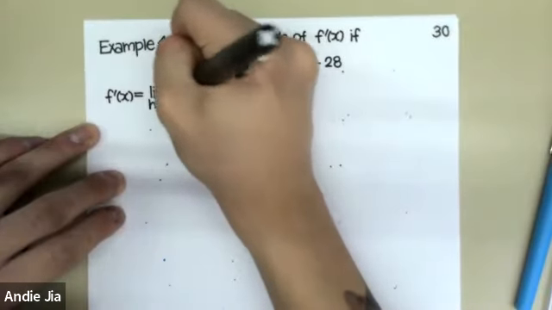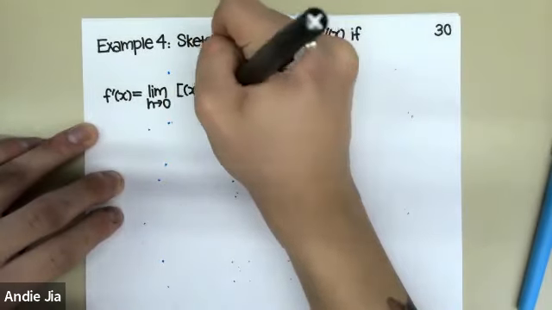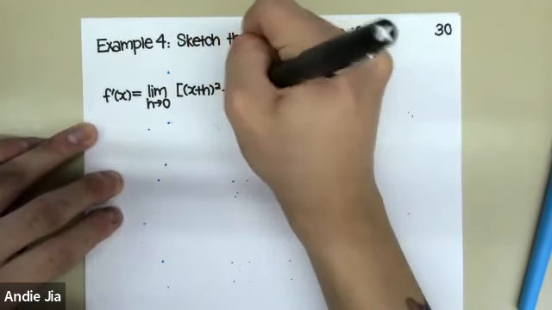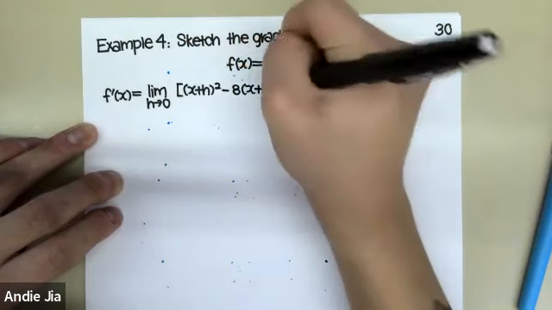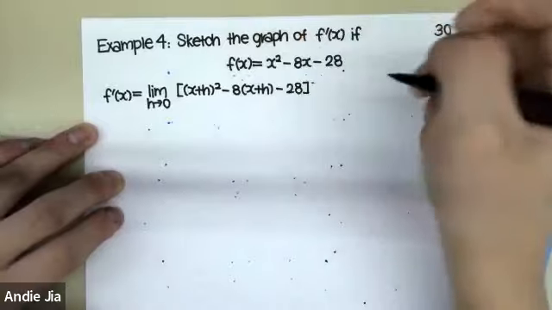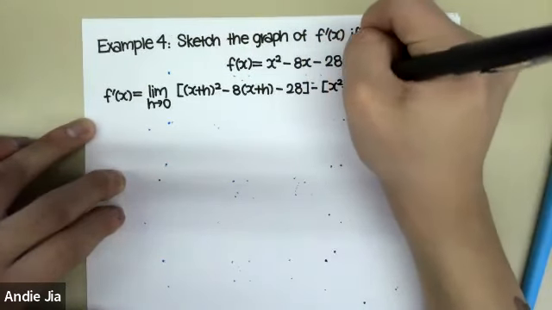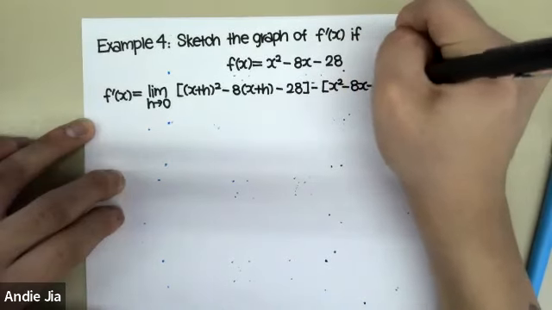It's the limit as h approaches 0 of (x plus h) squared minus 8(x plus h) minus 28, minus x squared minus 8x minus 28,